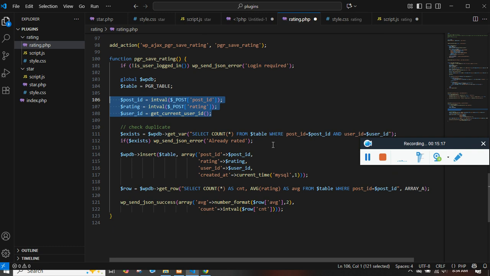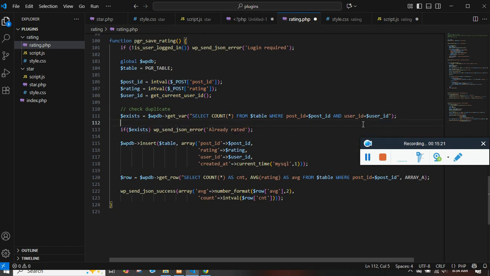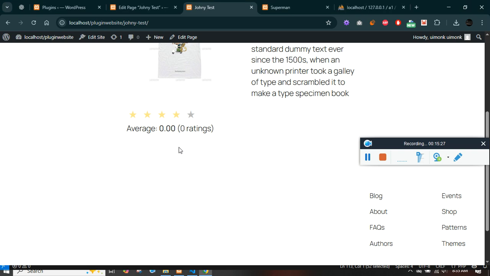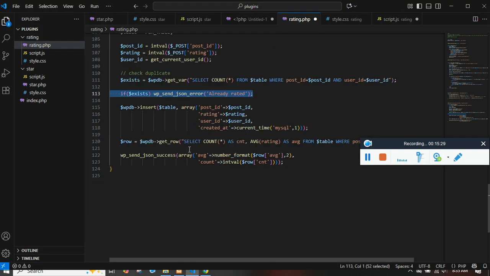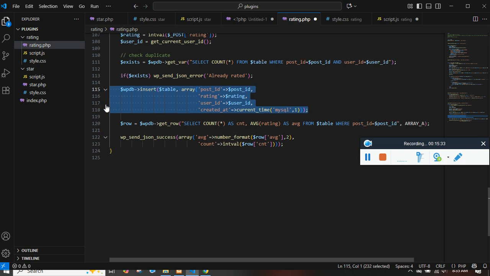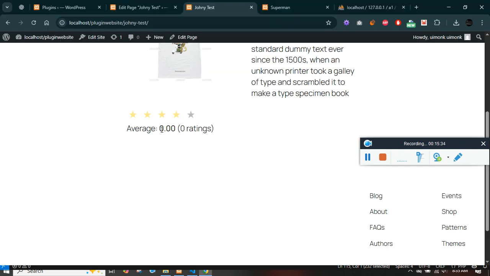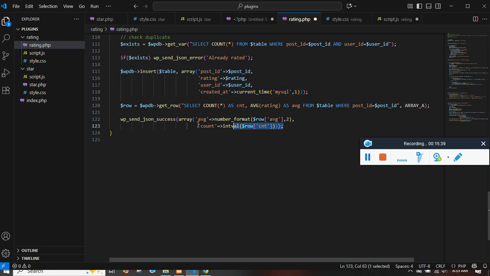First we are checking if the data is already present. If the data is already present, then we will send a message saying that you have already rated. If the data is not present, then we'll insert the values into the table, and we'll pass the average and the count as a success. So if I check,